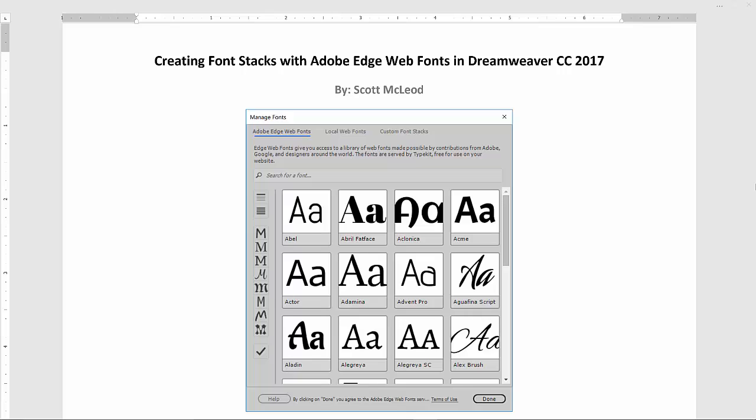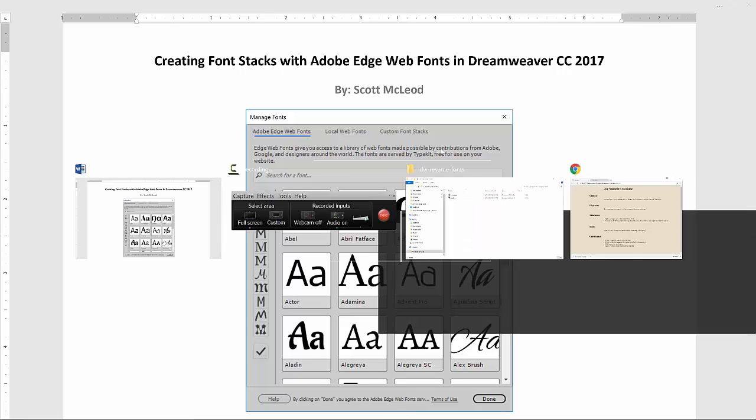And then there's the problem of where do the web fonts come from, and do we have the rights to be downloading them and displaying them? And that's where Adobe Web Fonts comes in and kind of solves all of those problems and makes it a simple solution for us. What we're looking at here is the actual dialog box that we'll be using later from within Dreamweaver to choose the particular fonts that we want to use on our page. So let's get to see